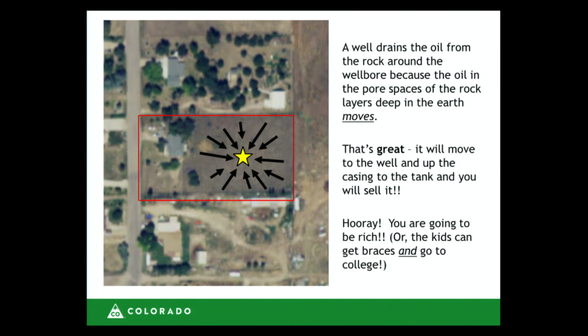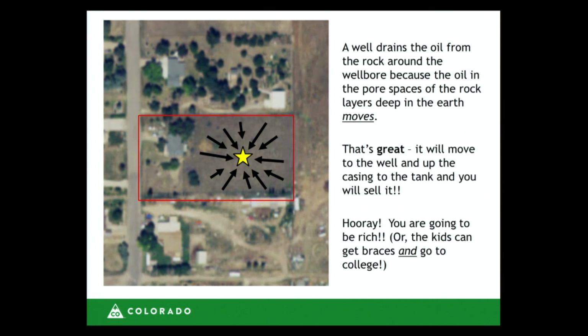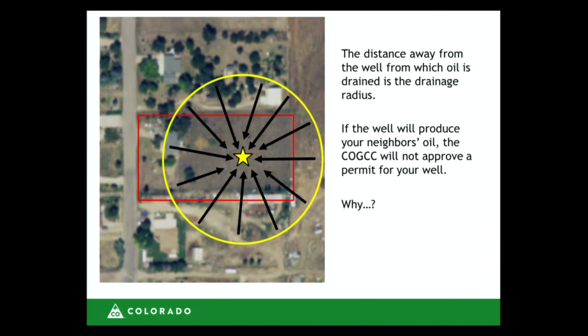So a well drains oil and gas from the reservoir because the oil and gas actually move through the pore spaces of the rock in the subsurface to the well, and so that's how wells work. And you think that's great. You're going to drill that hole in the ground, the oil's going to move through the rock to your well, up to the tank, you're going to sell it, and you're going to get rich. Or you're going to be able to put braces on your kids' teeth, and they're going to be able to go to college. So the distance away from a well that the oil is drained is called the drainage radius,